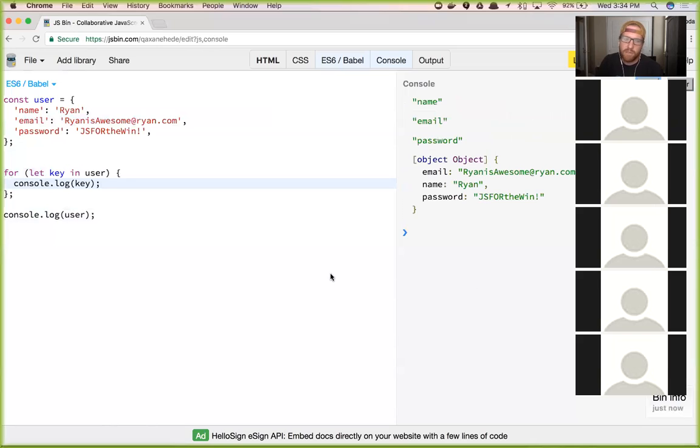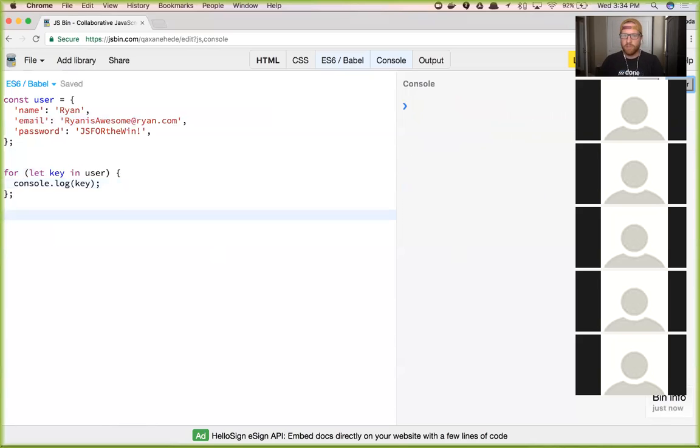So if we wanted to, we're console logging user. If we wanted to loop over and just concern ourselves with only the keys that are on this object, this is what we would do. Now, that's pretty useful because there's this thing called JavaScript bracket notation. To reference a key, if I wanted to reference user at